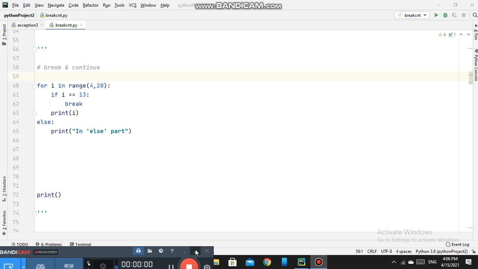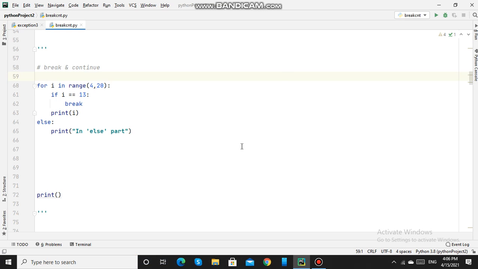Now we will see the break and continue statements. The break statement allows us to break or terminate the execution of a loop. Now here in this for statement, for i in range 4 to 20, the value of i starts from 4 and ends at 19. Then I have this condition, if i equal to 13 break.